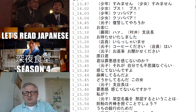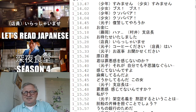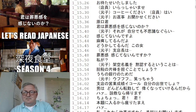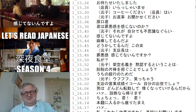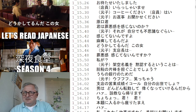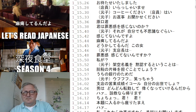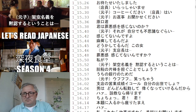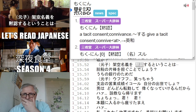支店長。 お待たせいたしました。 いらっしゃいませ。 コーヒーください。 はい。 お返事お聞かせください。 原口君、君は罪悪感を感じないのか？ A feeling of guilt? Fuck no. それが自分でも不思議なぐらい感じてないんですよ。 麻痺してるんだよ。 Drugs? Numbness? Okay, gotcha. 麻痺してるんだ。